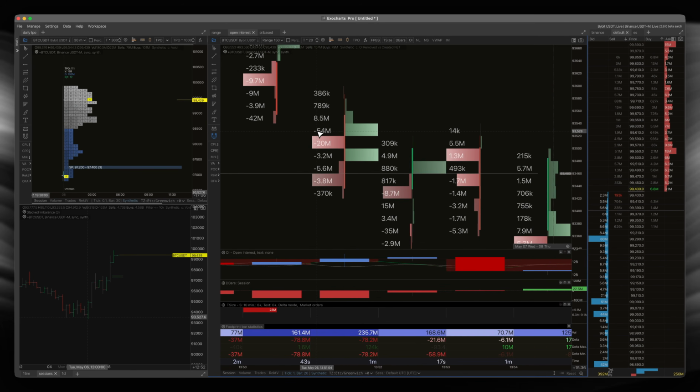Whereas this one here, on the other hand, you've got minus 54 million. This isn't one individual order, but this collective of orders being absorbed at this level, as shown by the delta before and in here, not via highlighting but just via text itself. You can see very clearly that the open interest is actually increasing at this level. So this is categorically telling me that everyone just really focuses on delta on its own, but in reality, delta has to be used with correlation to open interest